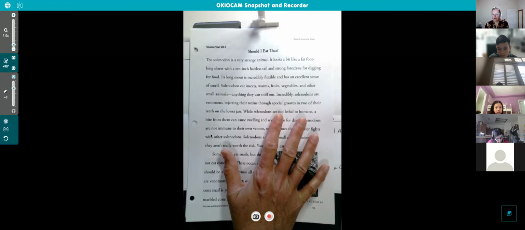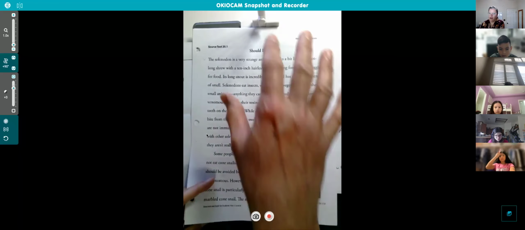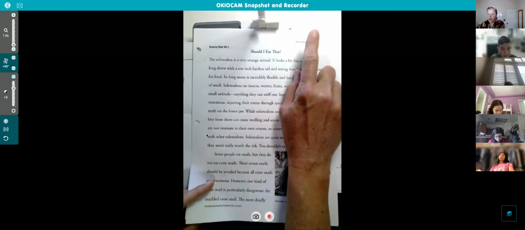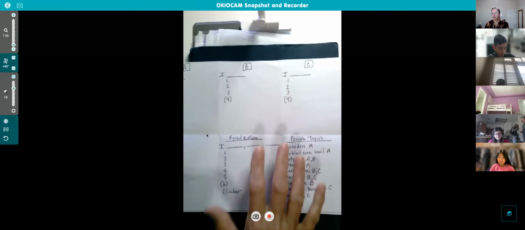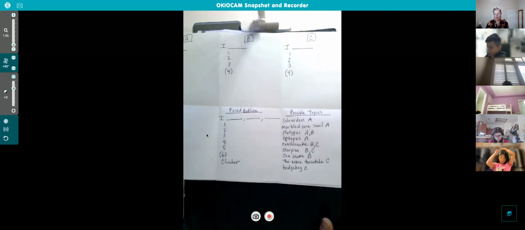Okay, so thumbs up if you found all of your source text for venomous beast and you found your outline. Give me a thumbs up for that. Okay, good. I see yours, Christopher. Sydney, do you have these things? Give me a thumbs up if you have all of week 20 and this part here, which is the outline. We haven't done any IW ever since we left. Okay, so you're going to have to watch some videos to catch up. And Sydney, I think you're in the same situation.